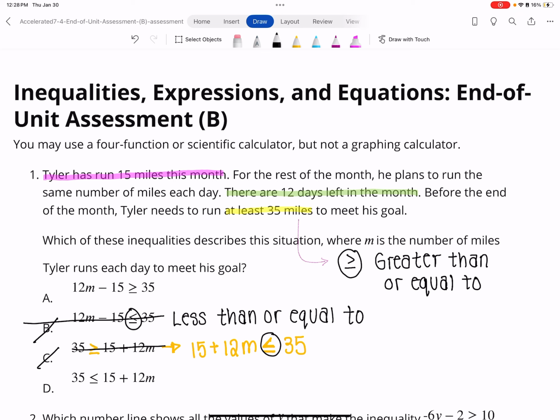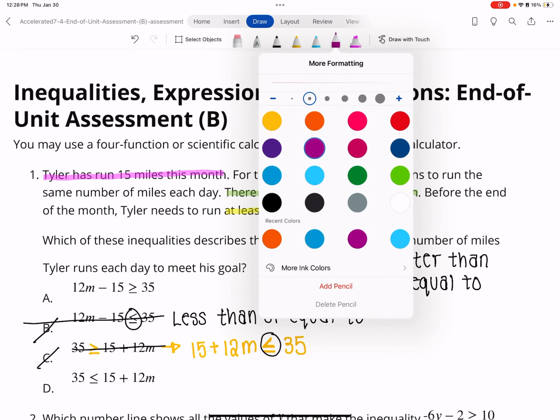Now we're left with A and D. Now we need to look for some of the other information that is given to us. For example, Tyler has run 15 miles this month. So he already ran 15 miles this month. And we want to know how many miles he needs to run if there are 12 days left in the month. And so answer choice D is the better answer here,